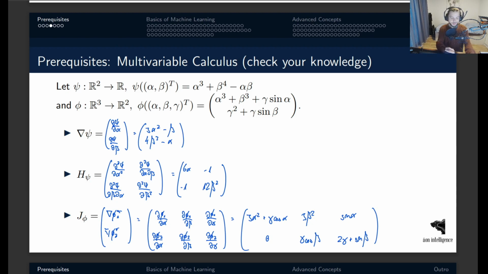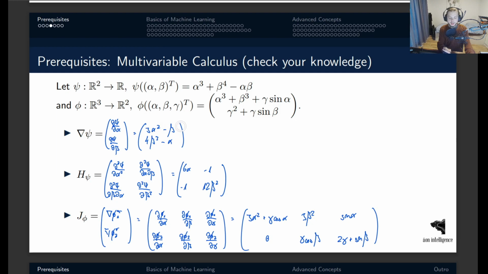Welcome back. So the gradient vector of psi is defined as the collection of first order partial derivatives. And we can take the partial derivatives with respect to alpha and beta. So we have two elements. And we now want to find the partial derivatives of this function with respect to alpha and beta. So let's do it for alpha. We see that this bit turns into 3 alpha to the power of 2. This turns into 0, and this one is minus beta. And we are left with 3 alpha to the power of 2 minus beta as the first entry for a